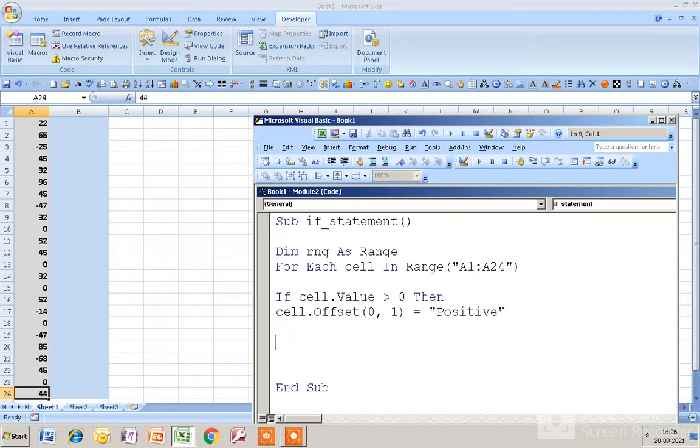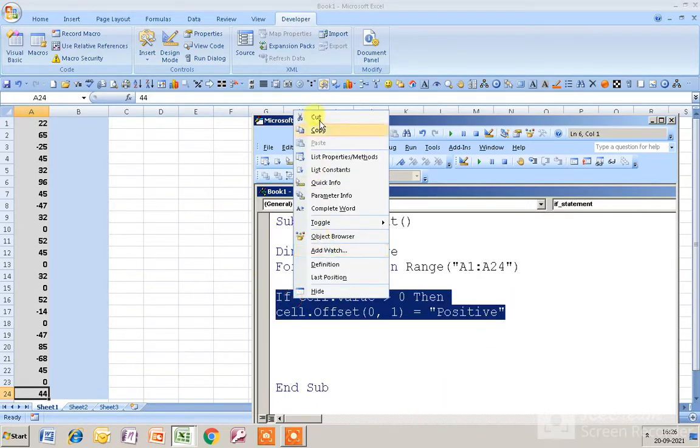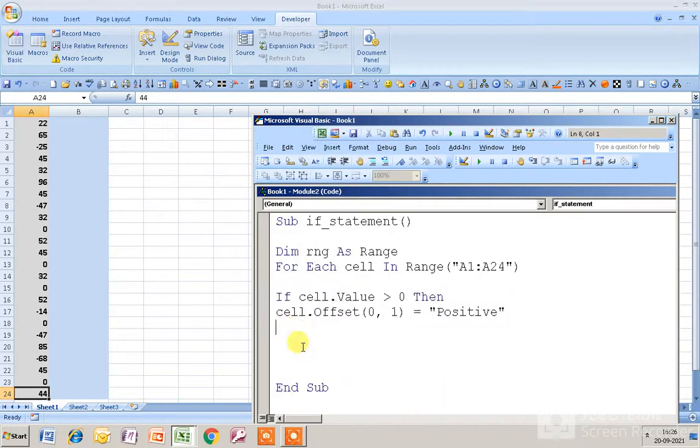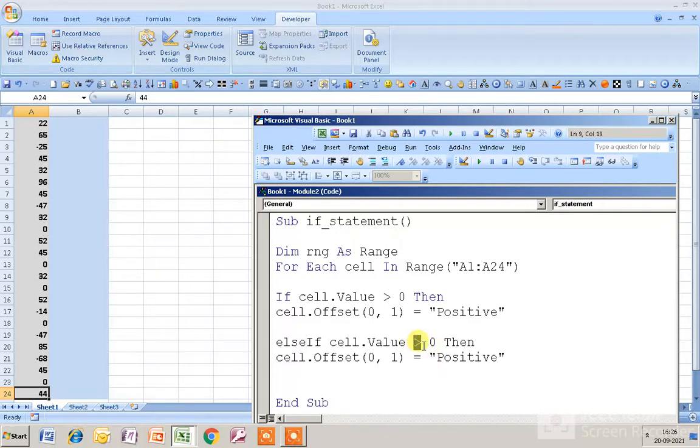Okay, and I will copy the code till this, and I will paste it over here, and instead of if I give else if, and I change the sign to less than, and in place of positive I give negative.